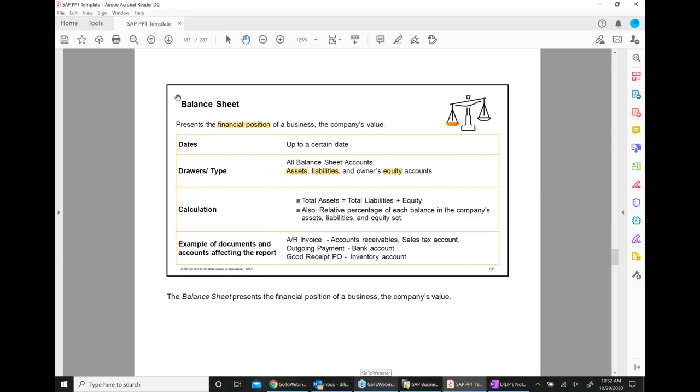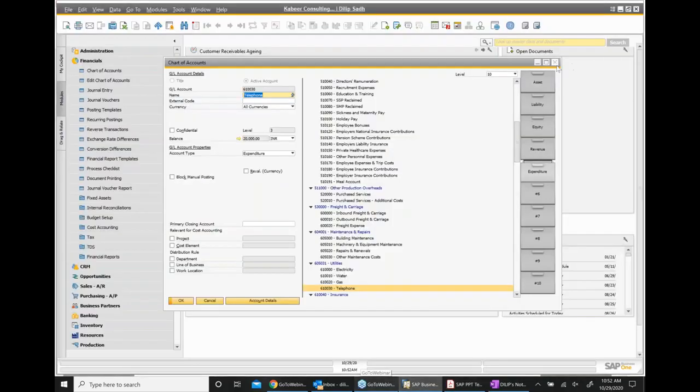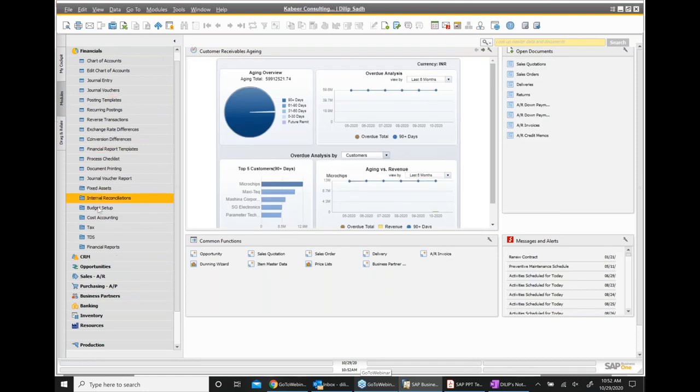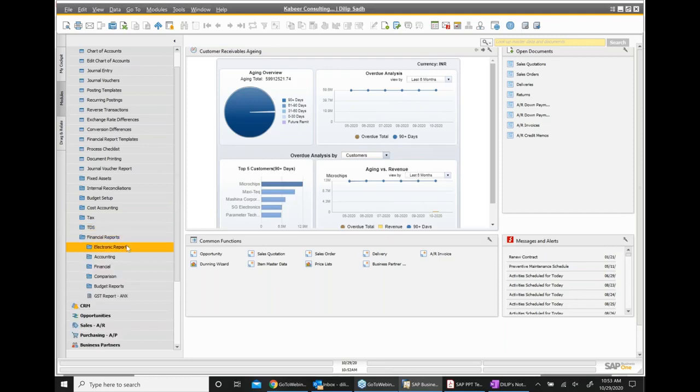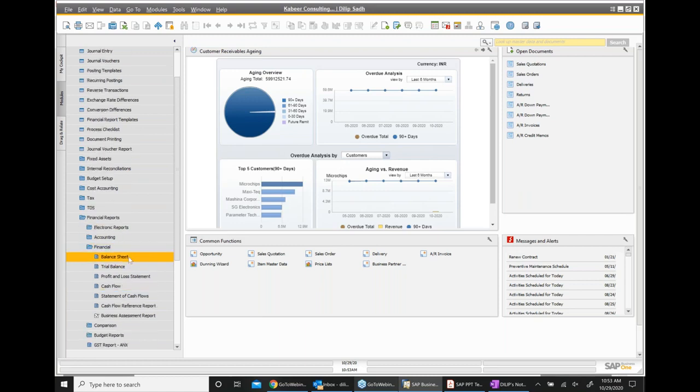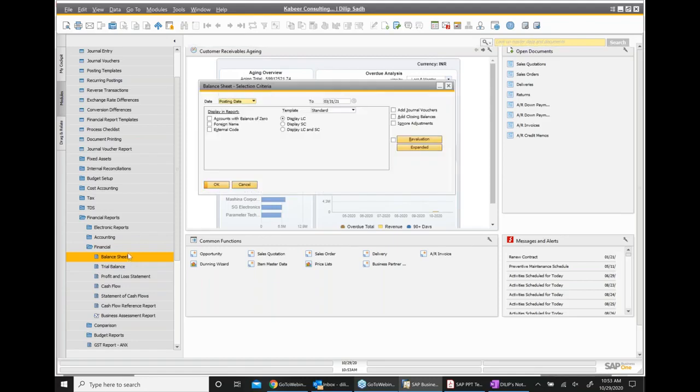So here we have a report that is called balance sheet. Now, where is the balance sheet report? We go back, we close this, we go to the bottom of it, and here we have the balance sheet report. If I go to financials, here we have the balance sheet report. In the balance sheet report,